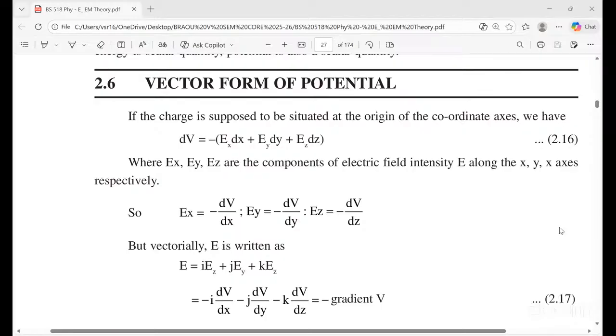Or else you can equate the components to the dV. Which may give you Ex equals minus dou V by dou x, Ey is minus dou V by dou y, Ez is minus dou V by dou z. You know pretty well E is i Ex plus j Ey plus k Ez. And the remaining which may give you,